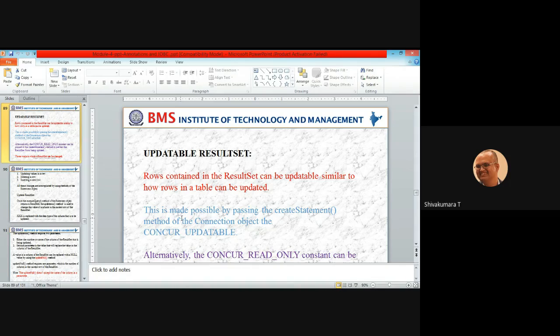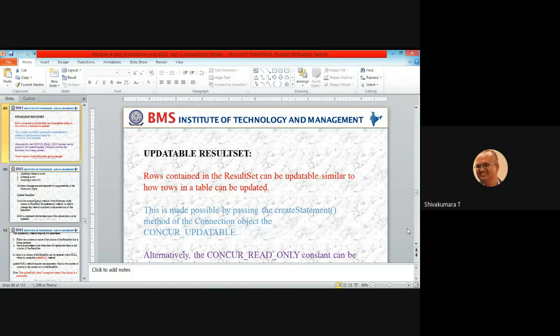This is made possible by passing a constant to the createStatement method of the Connection object. The constant value is CONCUR_UPDATABLE.